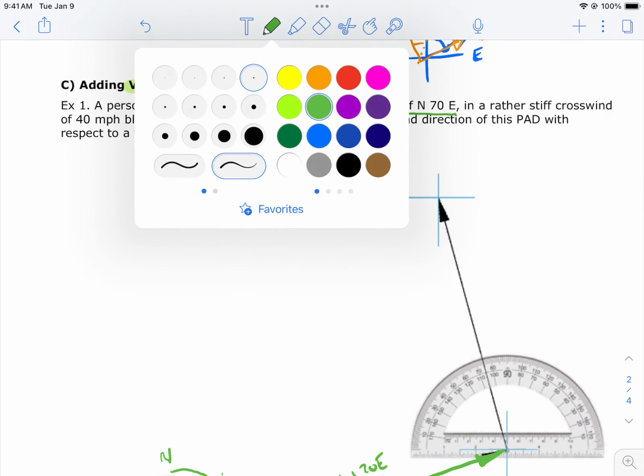So anyway, this is the way the guy's really going to move. If you're looking down from a stationary drone or whatever, you see the guy aiming this way. This is the way he thinks he's going. But the wind is making him drift. So he's always pointing this way, he's pointing this way all the time, but he's drifting. And this red arrow that we drew by joining our beginning point to our end point, that is which way he's really moving. And if you want to know which way he's really moving, you can get out your ruler and you can measure